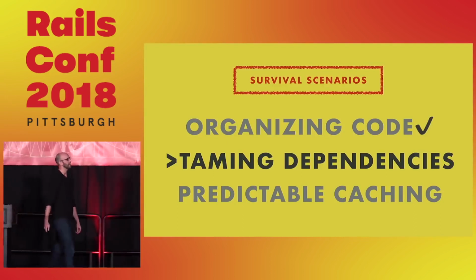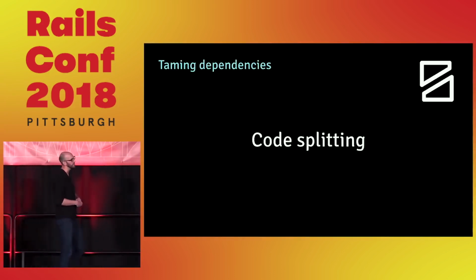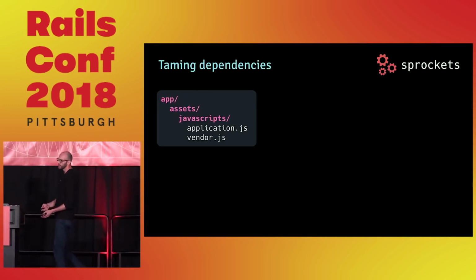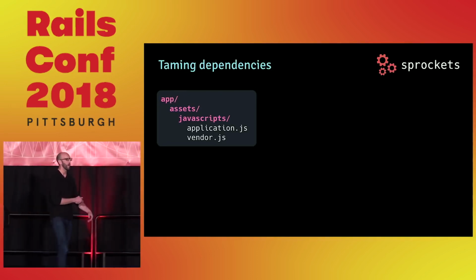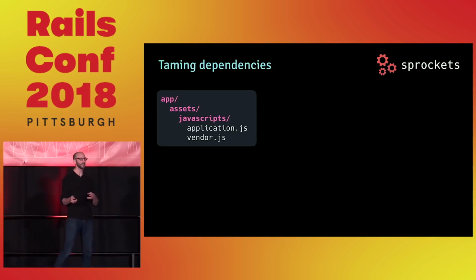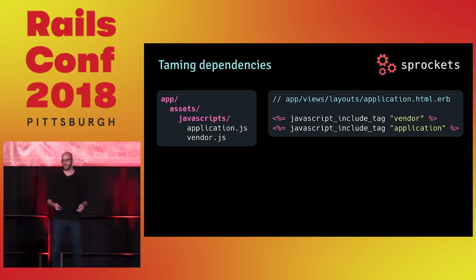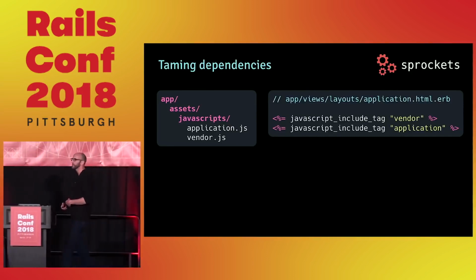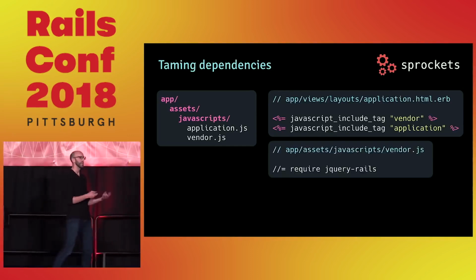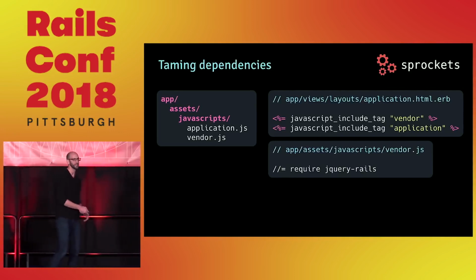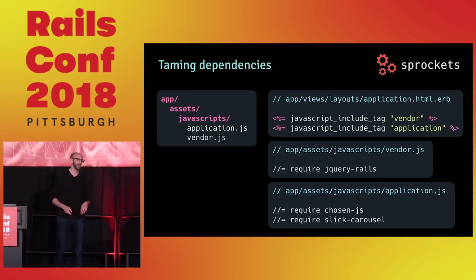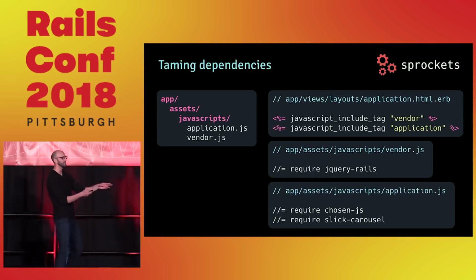Okay, so moving on to taming dependencies. And one strategy we used in our Rails asset pipeline that we wanted to bring over to Webpack, something called code splitting. So this is a simplified version of how our Sprockets build looked a year ago. So we had an application.js and a vendor.js that we included on the page at the same time. And really the strategy here is to improve our long-term caching. We would put the big libraries like jQuery and Lodash into our vendor.js module or bundle, and the rest of our source code was in application.js, and that might include some vendor libraries like some of these jQuery plugins,